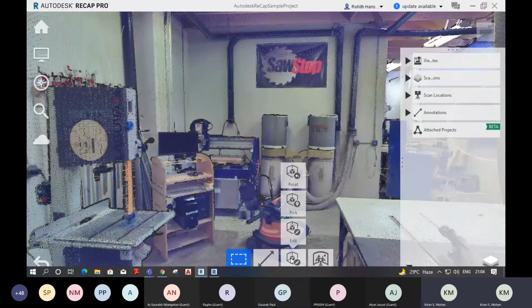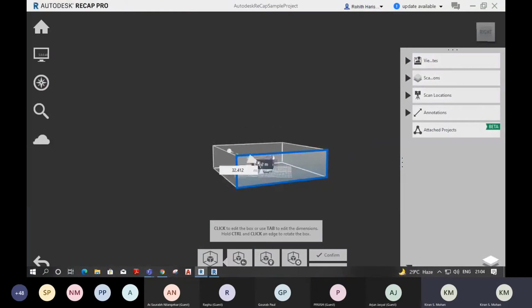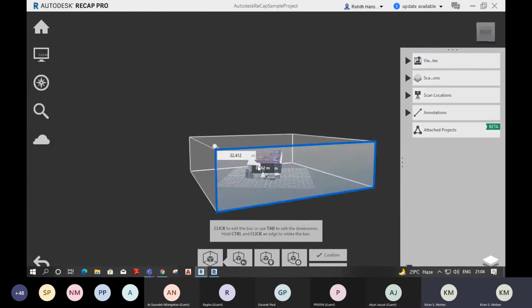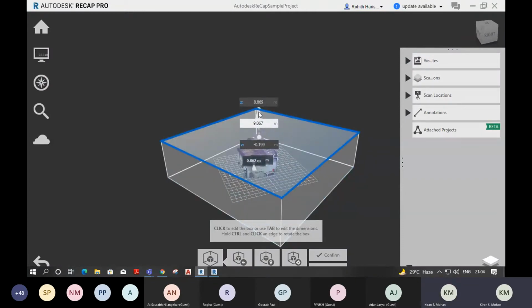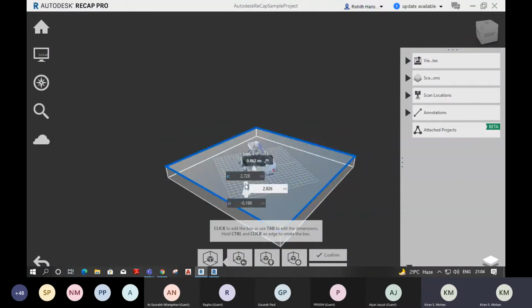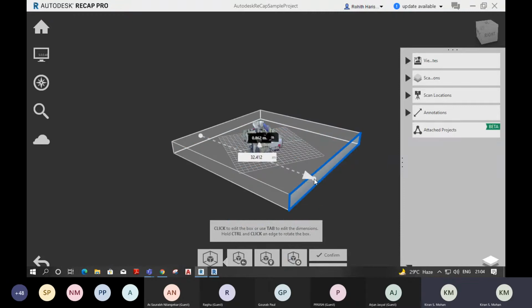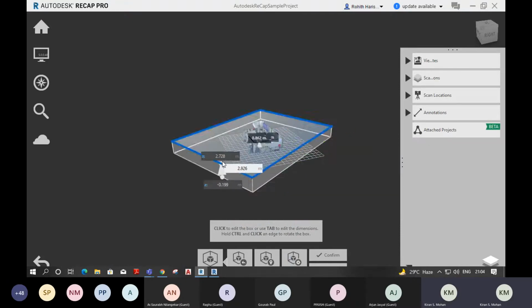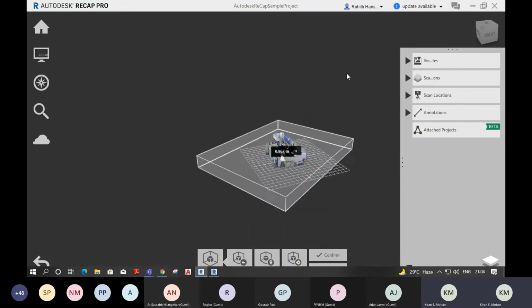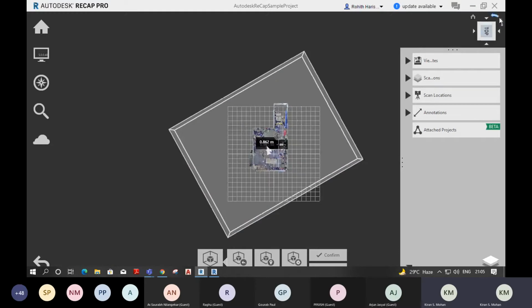By using the edit option, you can adjust the height, width of these planes like this. You can move it. I thought it's a free version. Okay. So you can use this option and you can measure it. Anyway, whether you are measuring it from here or in Revit, the value will be almost the same.